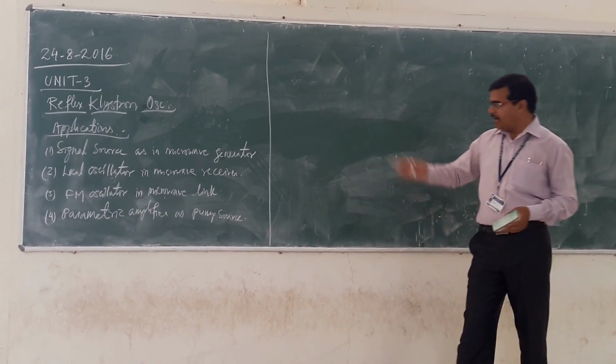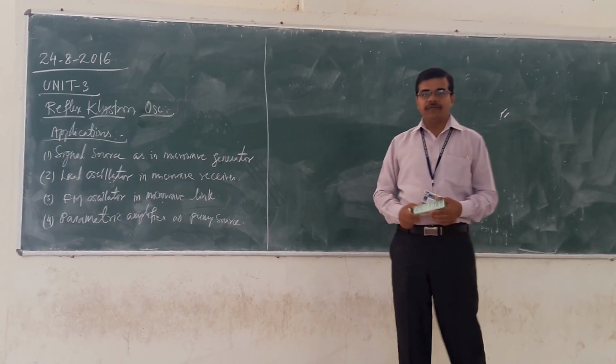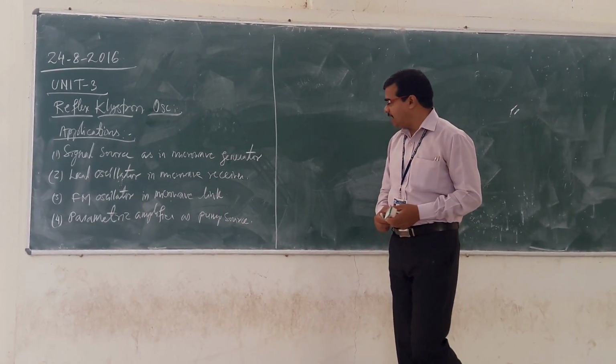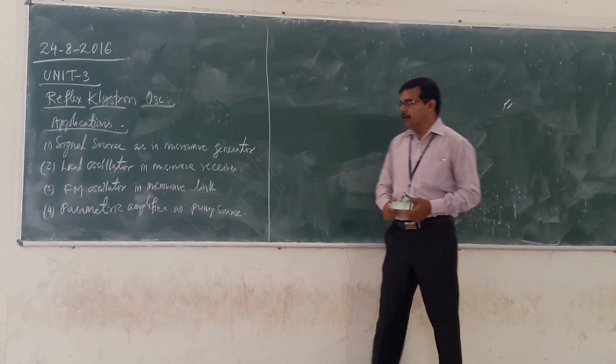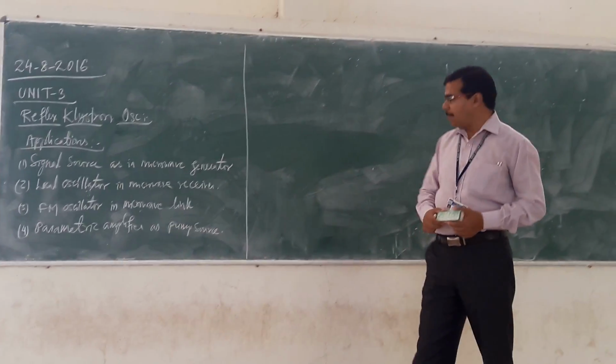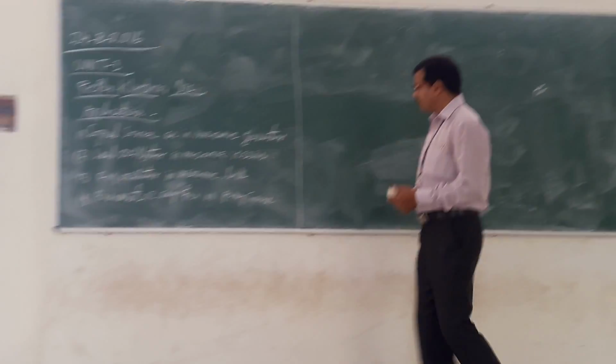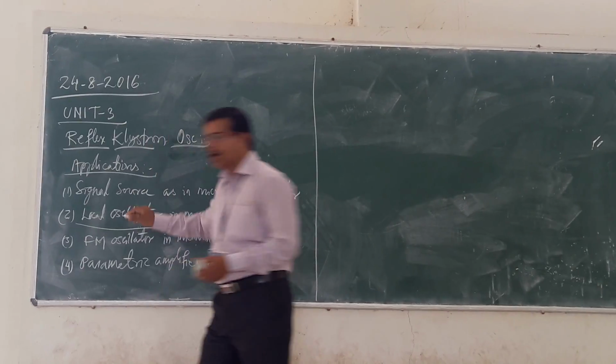We can use it as a local oscillator in a microwave receiver. We can use it as an FM oscillator in microwave links, and we can use it in a parametric amplifier as a pump source. Now my question is, what is this local